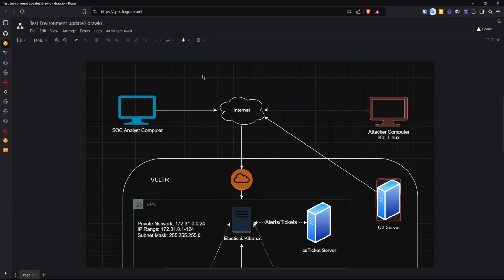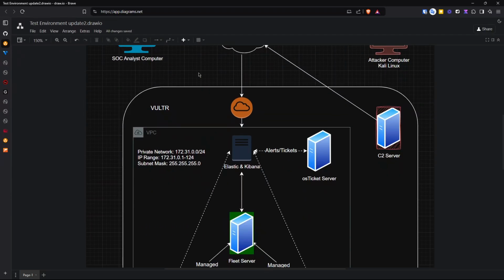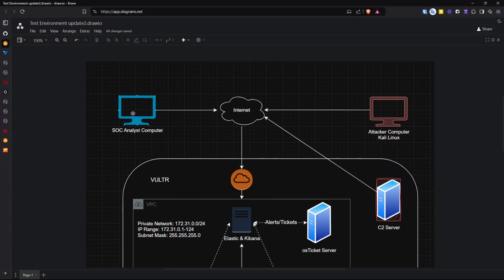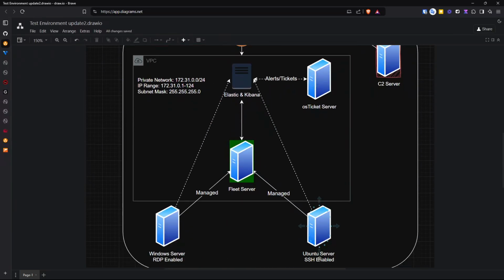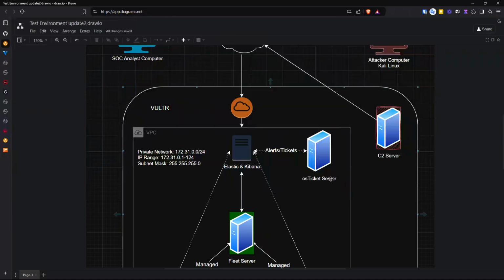So I've built a complete security monitoring infrastructure using industry standard tools, including the ELK stack for log aggregation and analysis, Fleet Server for endpoint monitoring, and OS Ticket for incident management. Here you can see the internet, my SOC analyst computer, and the attacker computer running Kali Linux. The attacker does utilize a C2 server that is within the Vultr cloud provider. There is also an Ubuntu server with SSH enabled and a Windows server with RDP enabled that is also running